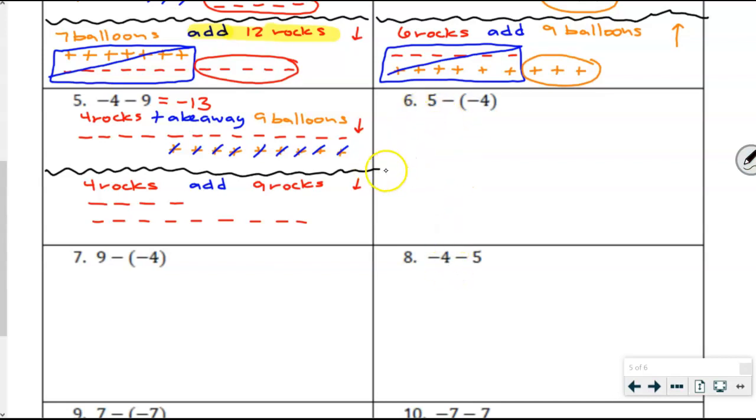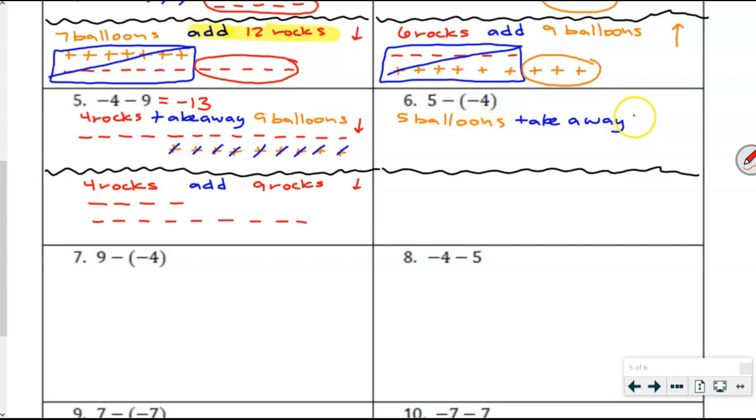Again, let's do this one 2 ways. Where I can see 5, that's a positive number, so that's going to be 5 balloons. Subtracting, so we are taking away. And what is it that I'm taking away? That's a negative 4, so that's going to be 4 rocks. And again, I don't even have to start modeling this to realize balloons taking away rocks,